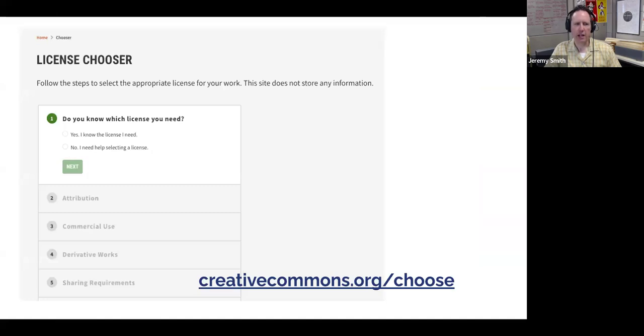And a lot of people ask, how do I apply to get a license, or how do I do it? If you go to this URL, creativecommons.org/choose, as a creator, you can walk through and create a license that's tailored to the particular use you're looking for. And it will generate code in either HTML or plain text that you can copy and paste. And that's really all you need to do to quote unquote register your object. Next slide.